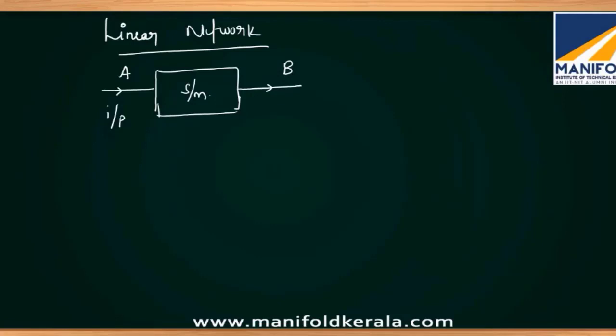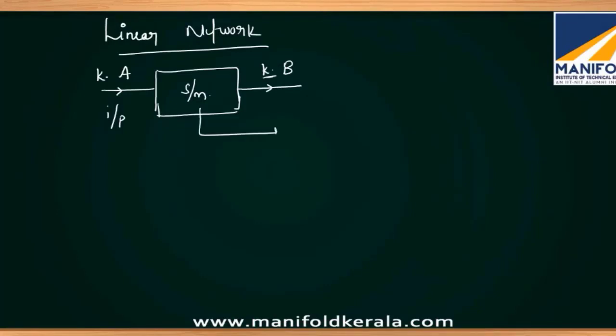So for this system, A is the input, B is the output. If I multiply my input with any scalar, let us say K, it may be positive, negative, or zero, then if my output also gets multiplied with the same scalar,